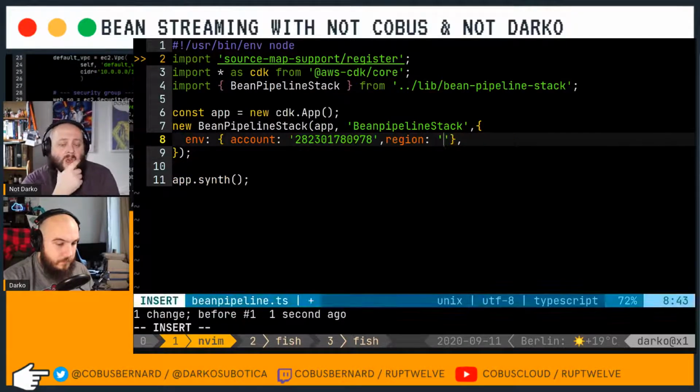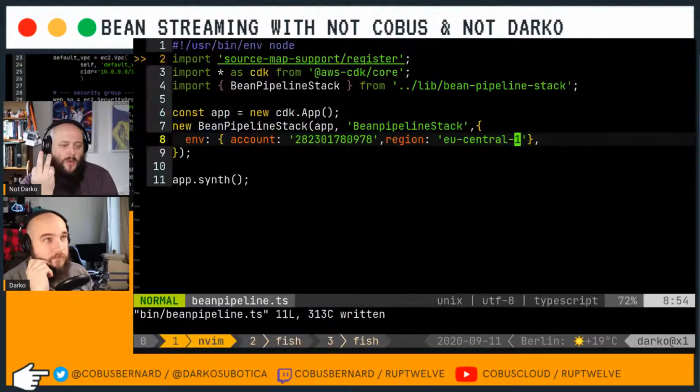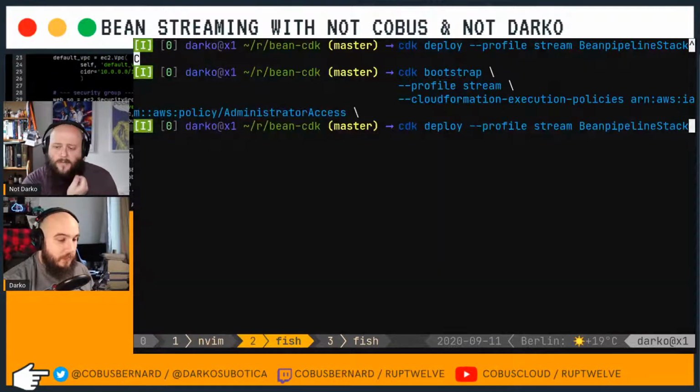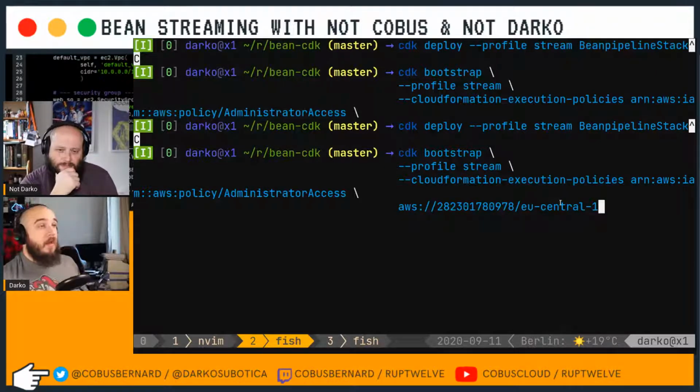Just quickly recap, for me to understand, because I've now seen region and accounts in three places. This, which is then at the bottom, where we saw it. So there are three places. Maybe just quickly explain to us what the difference between all three is. So the one is for bootstrapping, that I get. So bootstrapping, we need to bootstrap a region, right? When I did the bootstrap command here, you can see it's missing the region, but one of the old bootstrap commands that I ran was telling CDK to set yourself up to bootstrap in EU